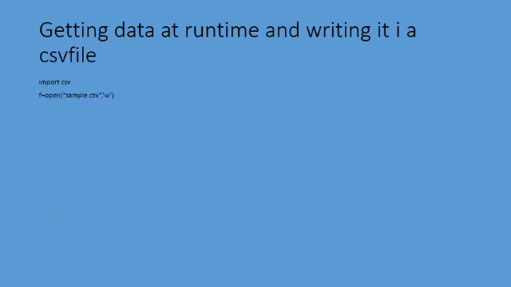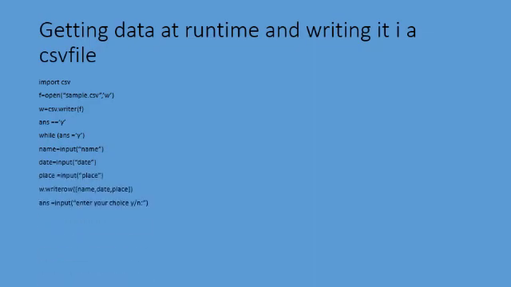So that's all. What is the thing here? In the previous examples, we are giving the data directly, and that data I am going to write in CSV file. We have seen. Now in this program, the data is not given directly. During runtime we can get the data, and after getting the data, how to write the data in CSV file, about that we are going to see. So see the coding now.